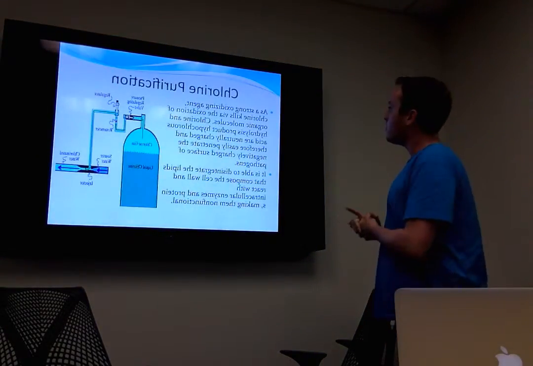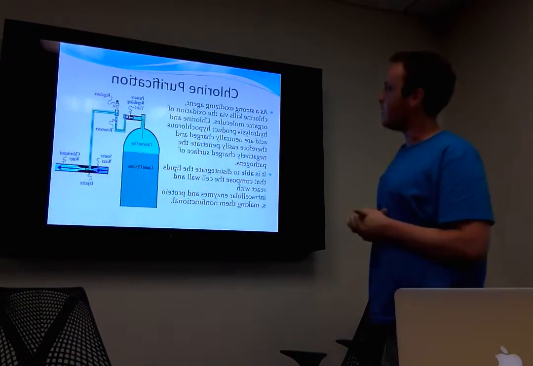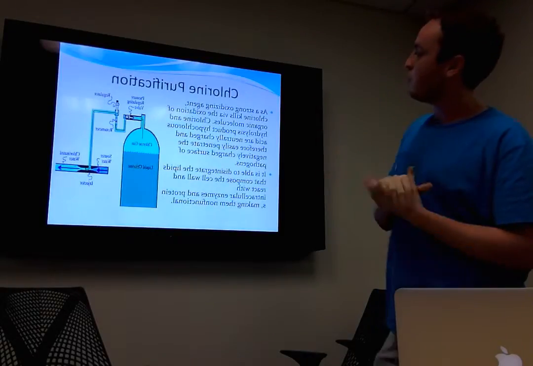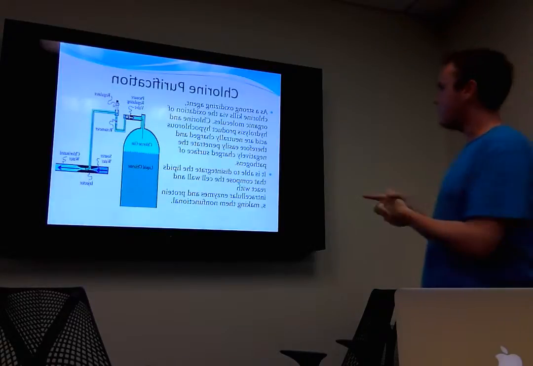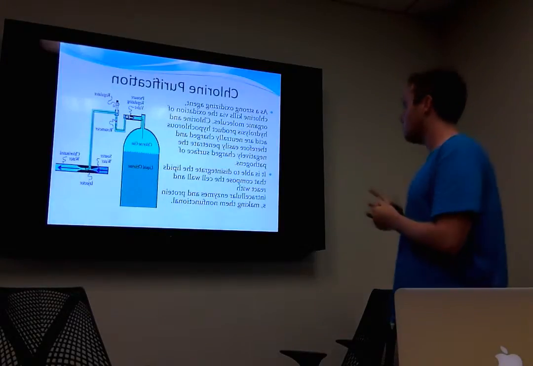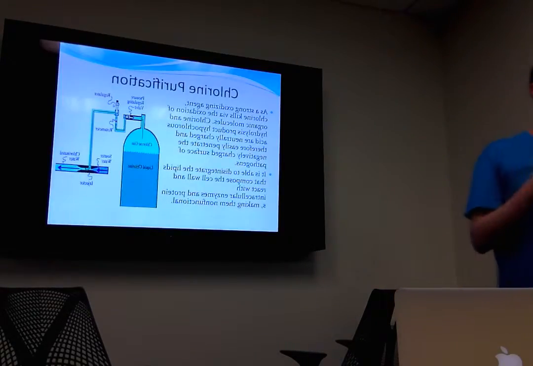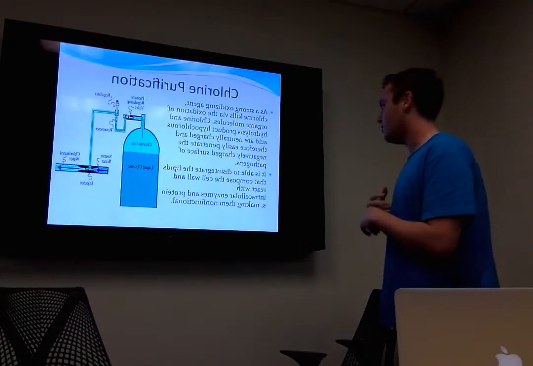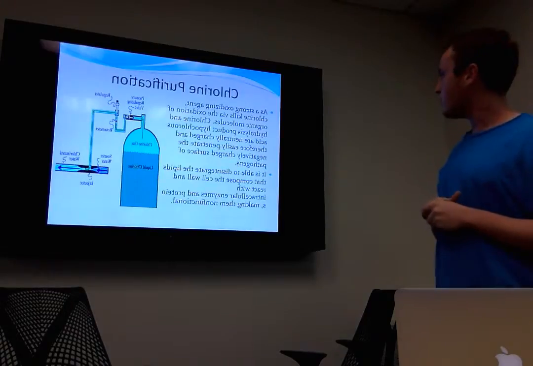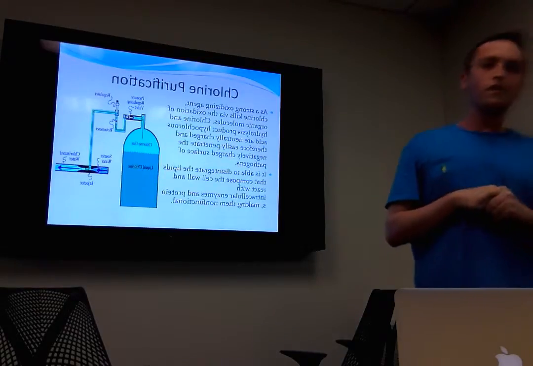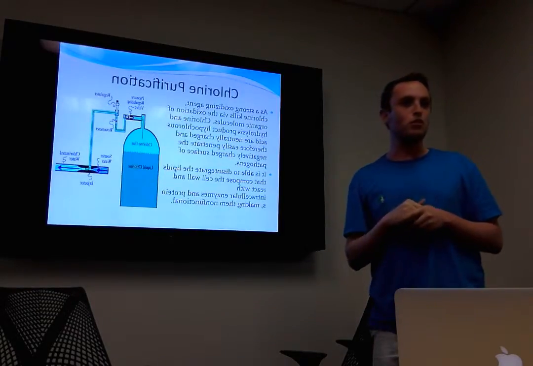And then there's chlorine purification, where you put chlorine gas into water, which breaks down the cell walls and the lipids in the walls, basically rendering all of the biological molecules inside non-functional so they no longer affect you. So it's pretty safe. It's really common in the US. A lot of times, people will chlorinate their pools.